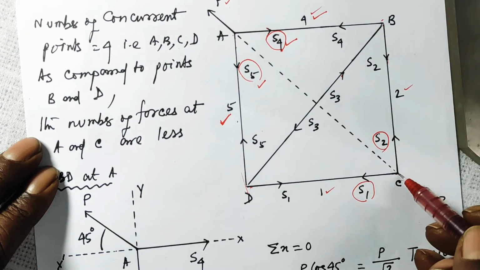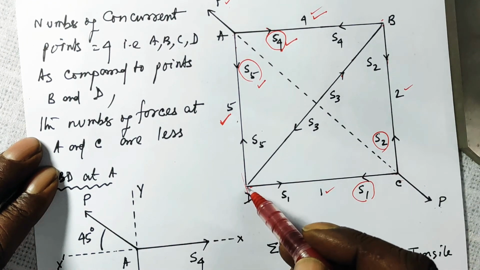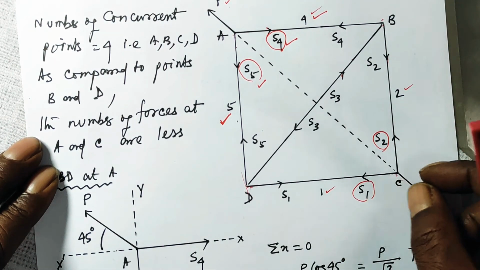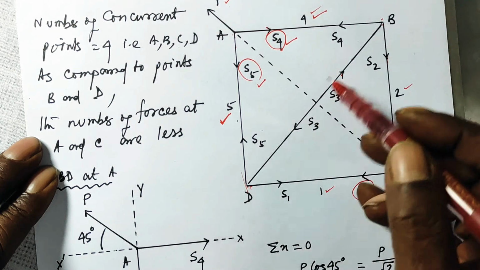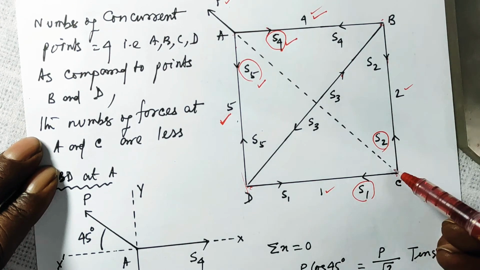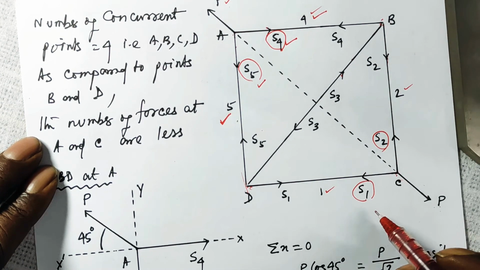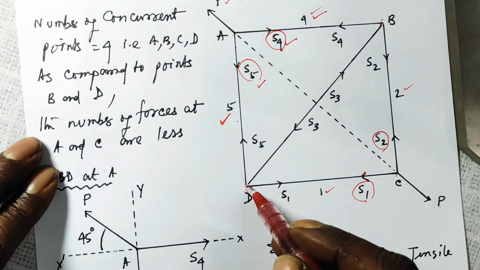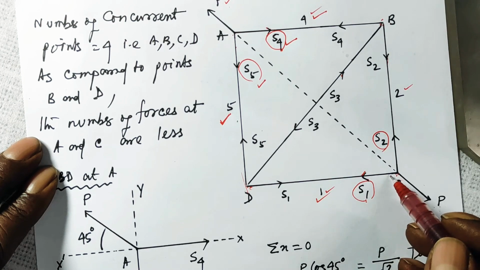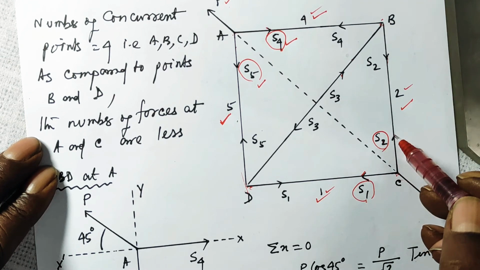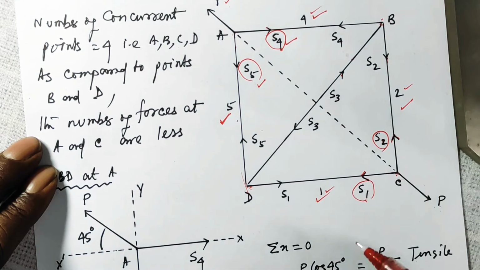Similarly, when this point C is pulled to this side, this is just common sense, this point and this point being fixed, this bar will try to extend and this bar BC will also try to extend. So the axial force is S1, because from D to C is the bar number 1. S1 will be away from the point C. S2 for the bar 2 will be away from the point C. All right.